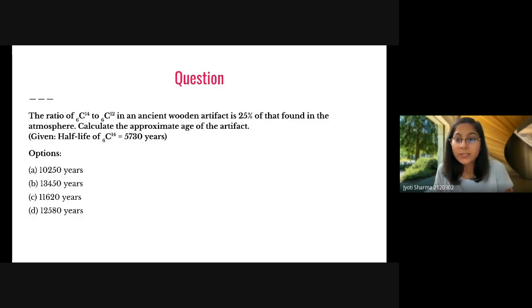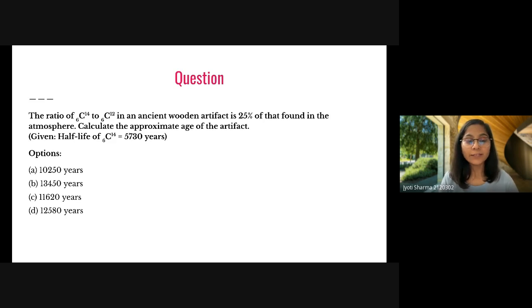Okay, you people know that radioactive elements are used to calculate the age of any dead organism, any wood, or any organic matter, right? So how old that organic thing is, we can now determine. This is a very important application of radioactive material, and we exploit the ratio of carbon 14 and carbon 12. Based on the ratio of carbon 14 and carbon 12, we can estimate the age of any organic thing, for example wood, or a dead animal, right? So based on that, we have a question.